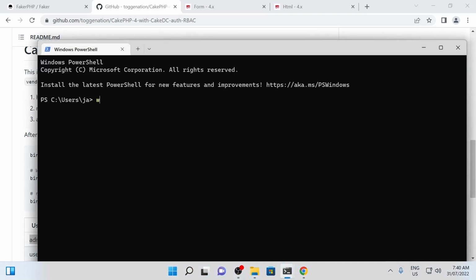This is Windows 11, but I'm going to use Windows Subsystem for Linux. Always make sure that you are in your Linux file system, not on your Windows one. And then